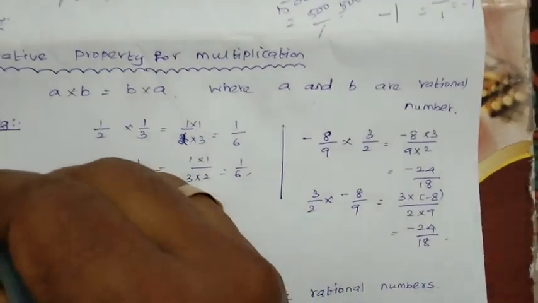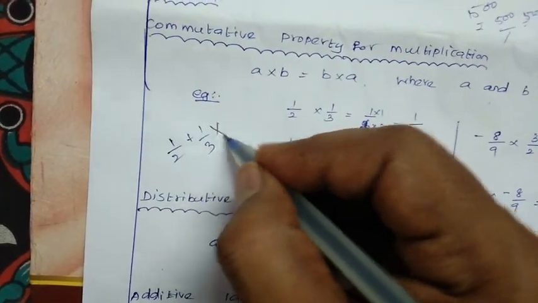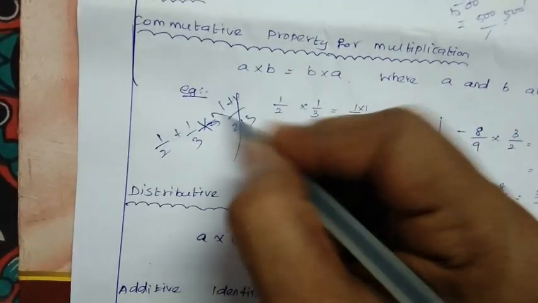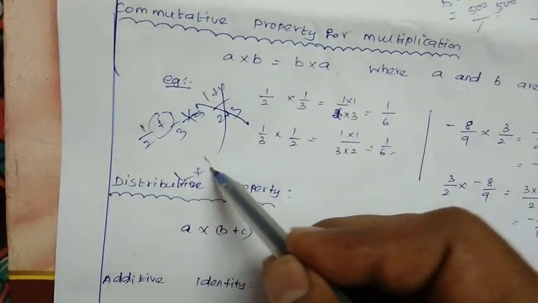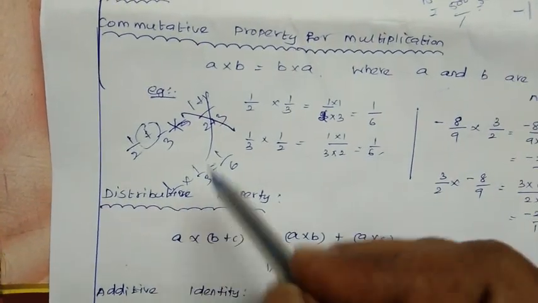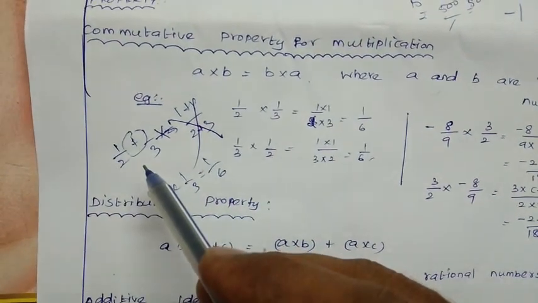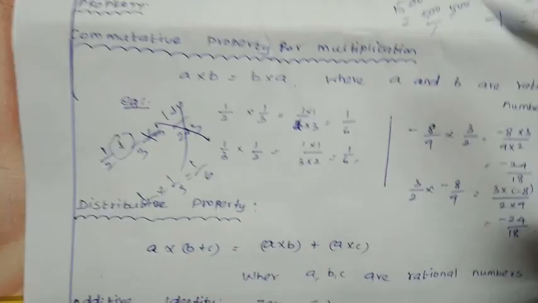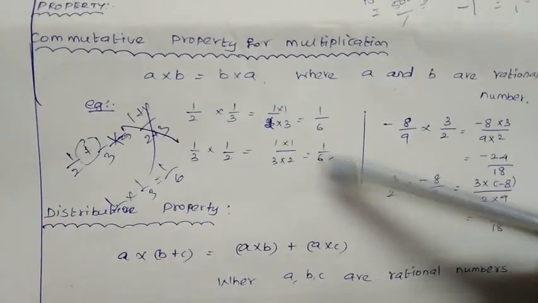Just to recall, suppose 1 by 2 plus 1 by 3, it is not possible to write 1 plus 1 divided by 2 plus 3, that is wrong. But in product, 1 by 2 into 1 by 3 we can write as 1 by 6. So learn, if it is addition, it is not possible directly; we need to find the LCM. After that we need to solve. But in product directly we can write numerator into numerator and denominator into denominator.